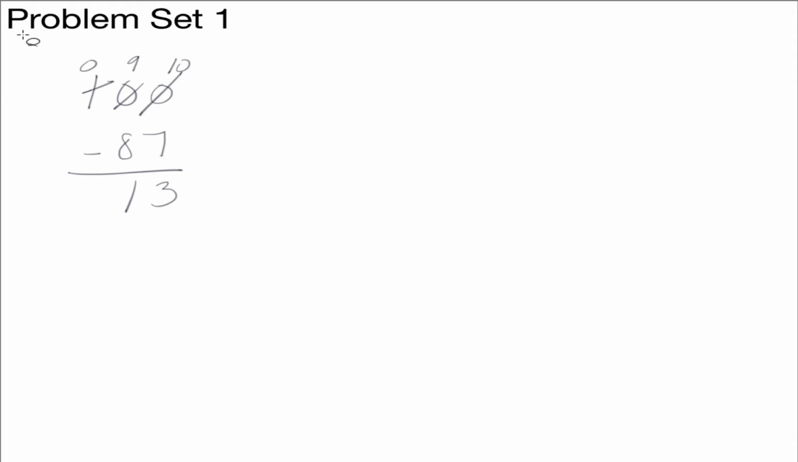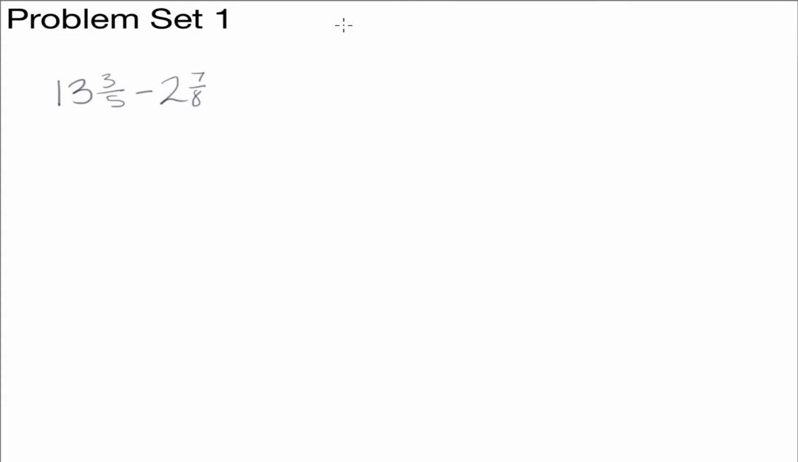Okay, so what happens when you're in a scenario with fractions and you have to borrow? Well, let's take a look. Here we have 13 and 3/5 minus 2 and 7/8. You can see this is the bottom problem on page 1 of your book as an example. So 13 can take 2 away, we know that. But what we're going to do this time is keep all of these together